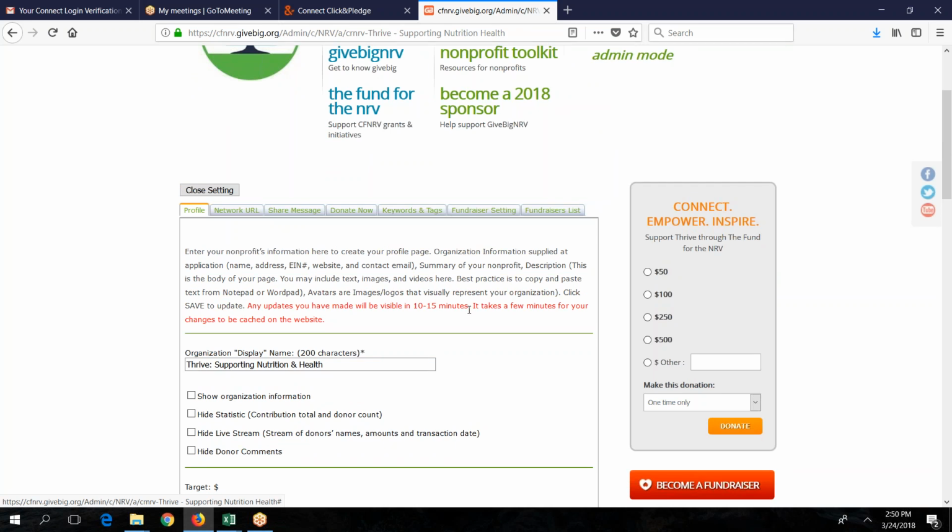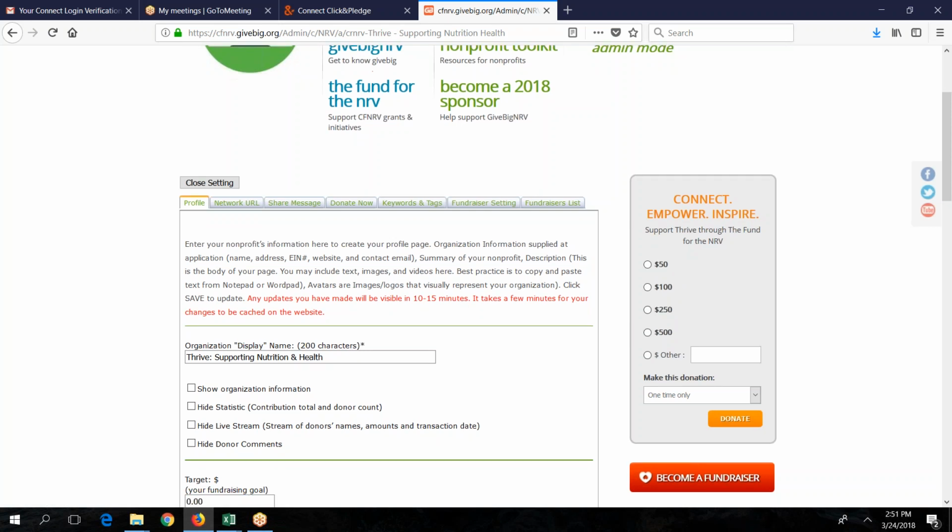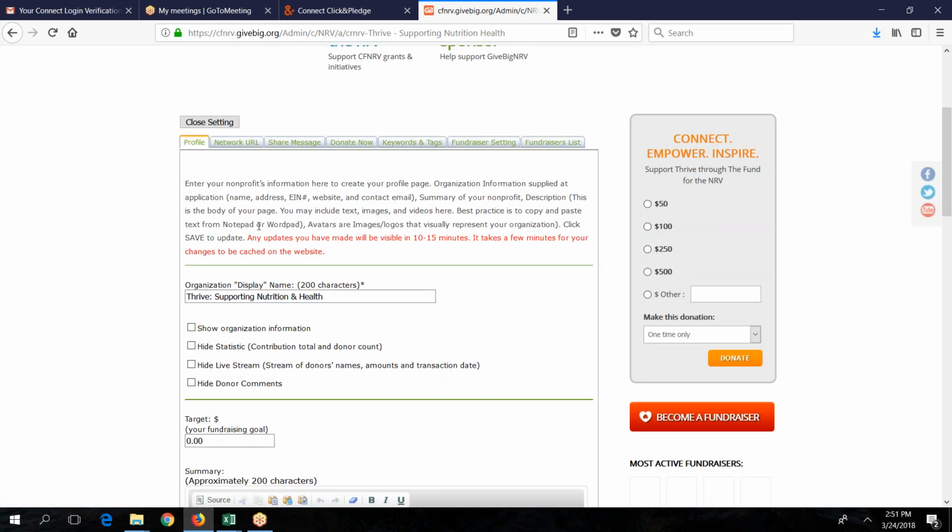If you referred last year to particular projects or things you're working on that could be out of date, make sure that you update that so that your page is up to date when it comes to the giving day, because there's nothing like going to a page that's out of date. That's going to be a deterrent for your donors. So you've spent that time updating the profile, and then there are several other things that you can do within